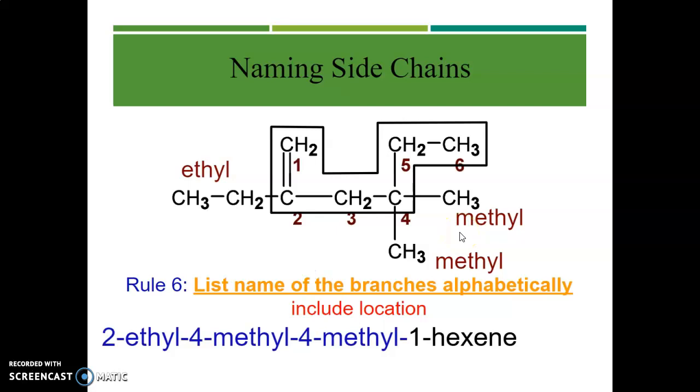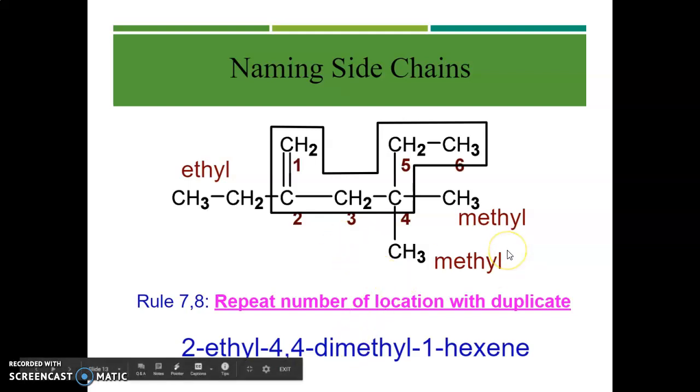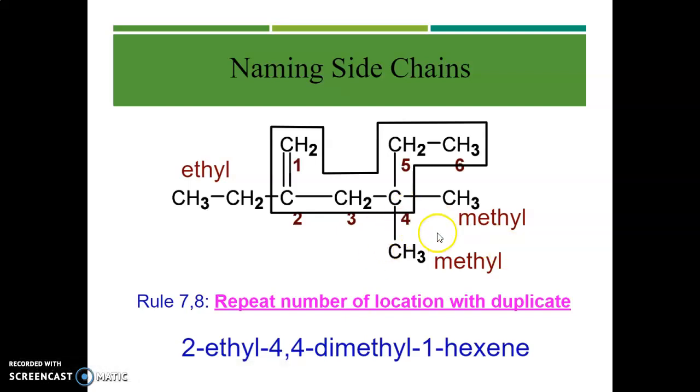Boom, perfect. Now this looks a little complicated, a little clunky, it's too long, all of that stuff. And remember, one of the things I said, this is kind of combining rules 7 and 8. We combine them if you have multiple of the same type of branch. So instead of saying 4-methyl, 4-methyl, I group them together, and now I have dimethyl, because di tells me how many of the methyl group, 2, di, and it's 4, 4